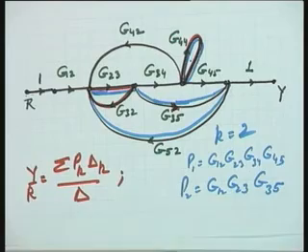I hope I can leave the problem here itself. All the terms of the basic Mason's gain formula have been identified and therefore you can now apply this formula and get the overall transmittance of the system. With this I can assure you that given a block diagram, you can identify these loops directly in the block diagram, apply the Mason's gain formula, get the results. To avoid the confusion, for your benefit if you want, you can transform the block diagram into a signal flow graph, identify the loops and then apply the Mason's gain formula.